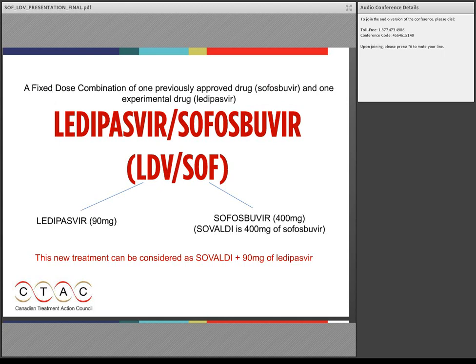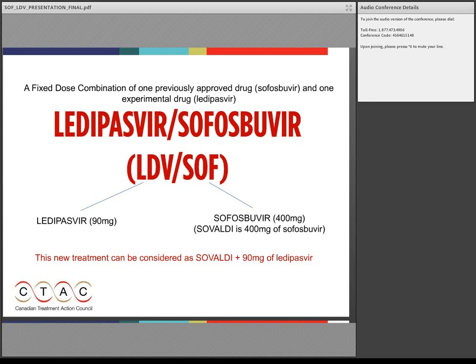Today, the meat of our discussion is this new HCV medication, Ledipasvir. Sofosbuvir is also marketed as the pill Sovaldi, but this submission is a single pill containing Sofosbuvir and Ledipasvir. It's a once-daily, single-tablet regimen and constitutes 90 milligrams of Ledipasvir and 400 milligrams of Sofosbuvir. It's worth noting here that the pill Sovaldi is actually 400 milligrams as well. So this new medication can rightly be considered as the pill Sovaldi plus 90 milligrams of Ledipasvir in one single